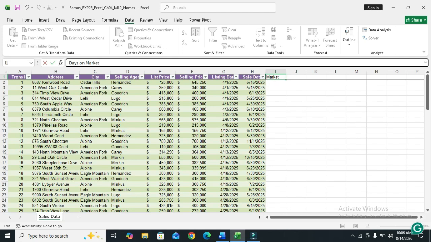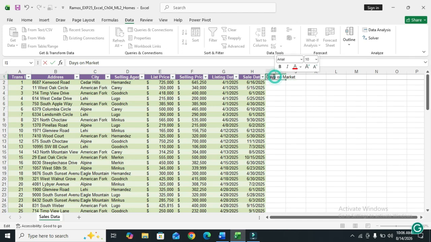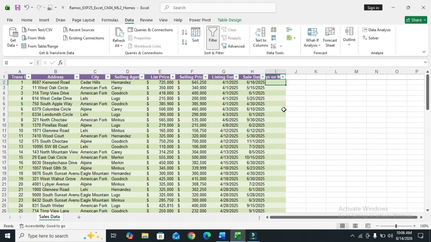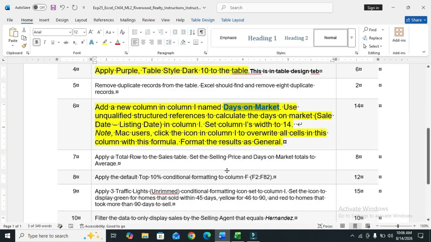So the table is generated, the column is generated. So add a new column in column I named days on market. Use unqualified structure reference to calculate the days on market.